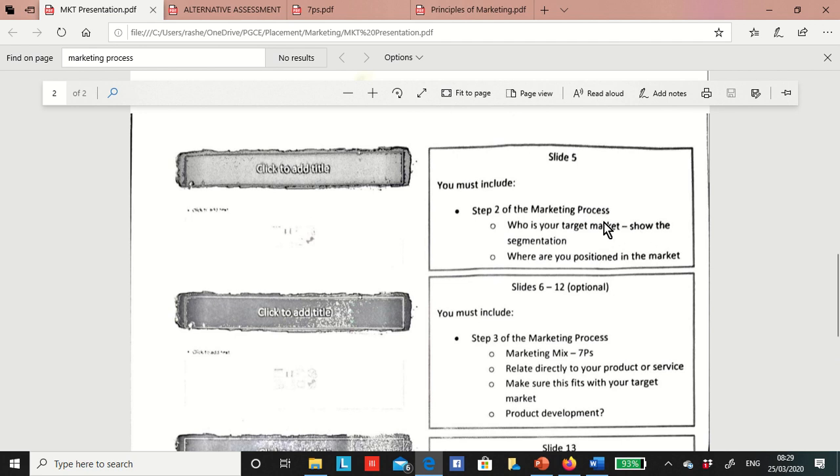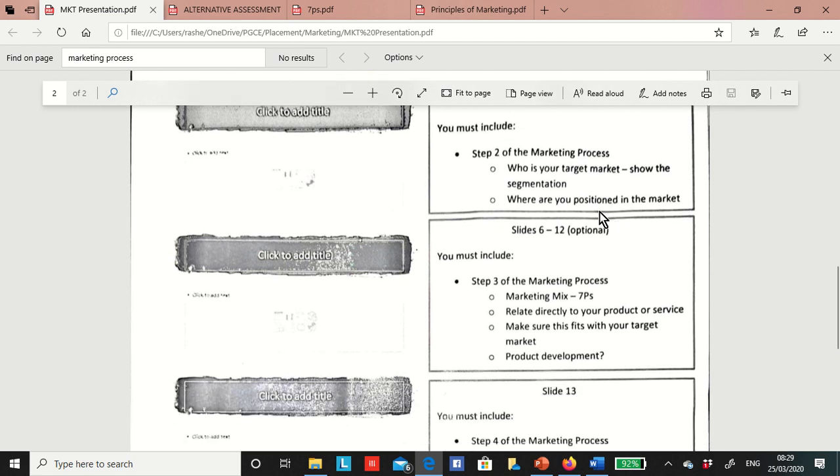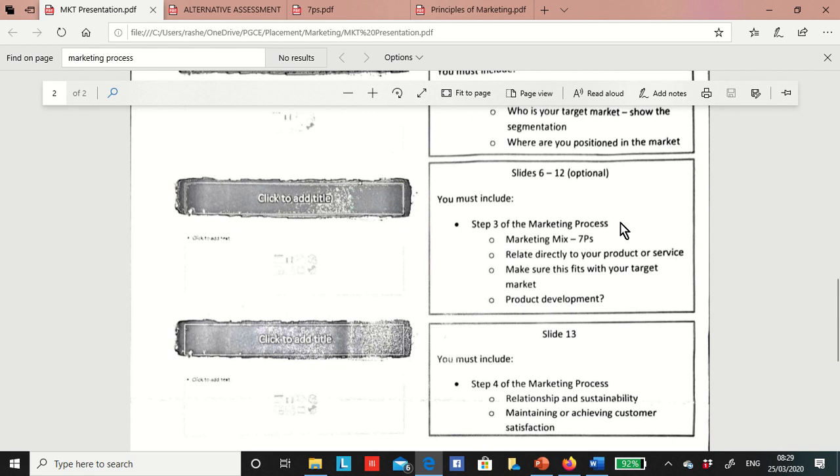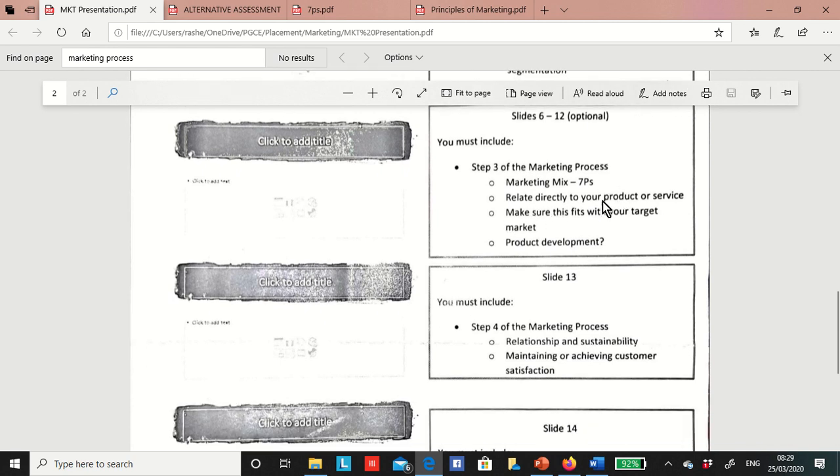Show the segmentation, as I mentioned before. Where are you positioned in the market, or the positioning and differentiation, you have to mention. Slides 6 to 12 are where you will discuss the marketing mix, the 7 P's, obviously related directly to your product or service.